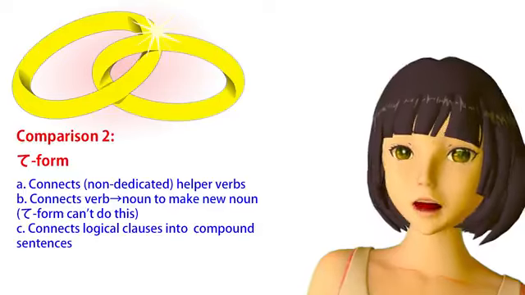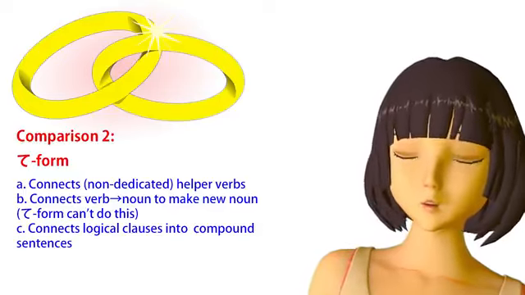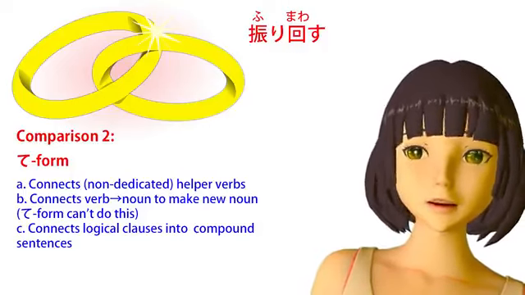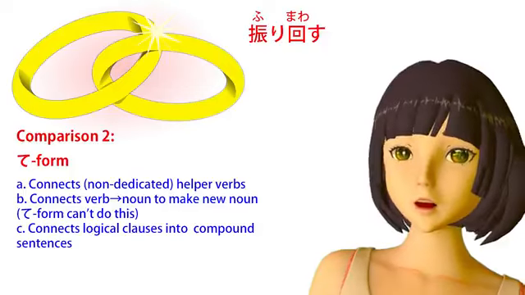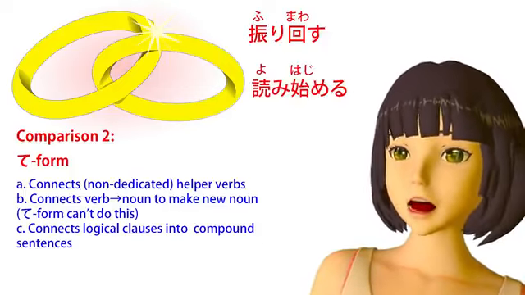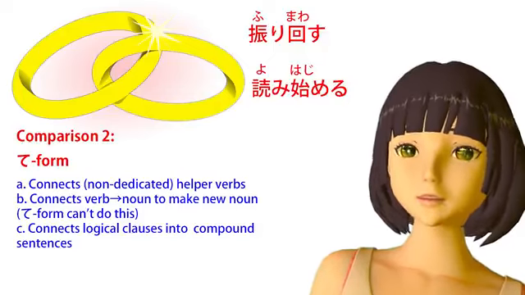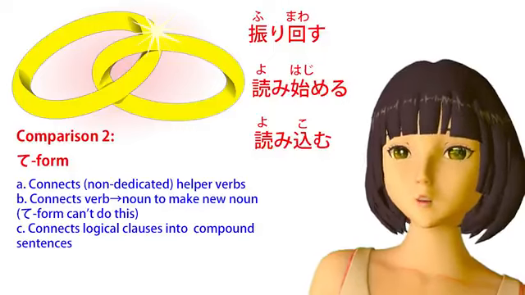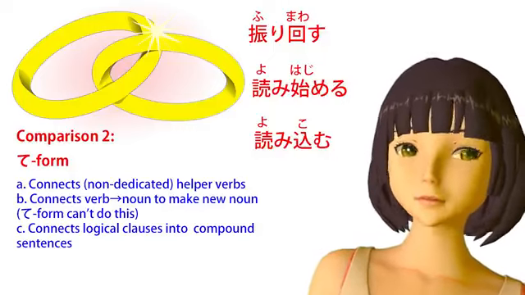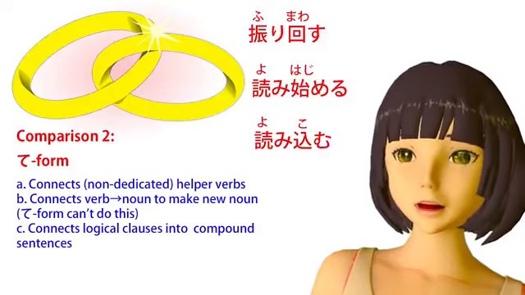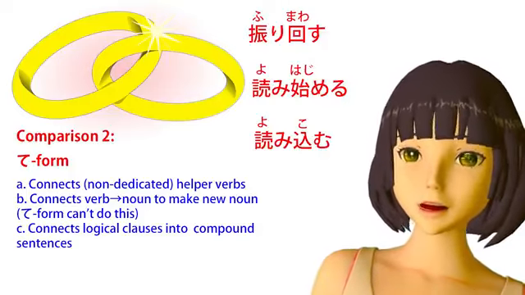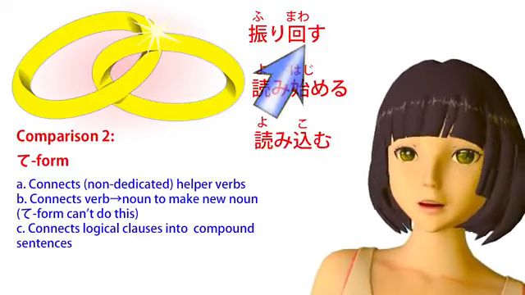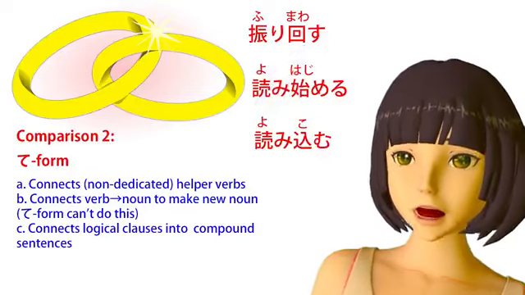Now, in the same way, we can produce compound verbs with the i stem. For example, we say furimawasu, wave around. And to return to our friend yomu, we can say yomihajimeru, which means start reading, or yomikomu, which means read and pack in, which actually means load in a computer sense. And I've done a whole video on this komu, which you can watch if you're interested. I'll put a link above and in the information section below, along with everything else.